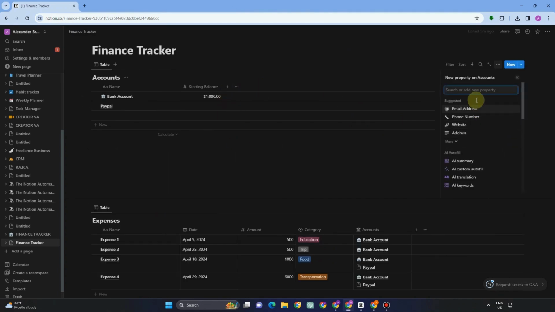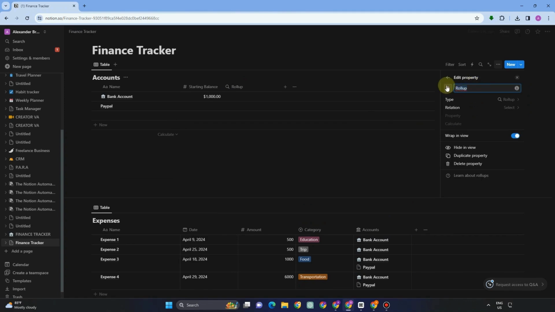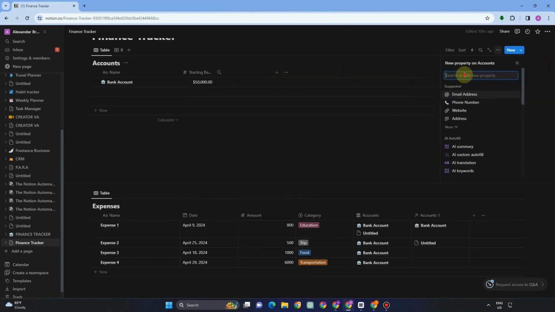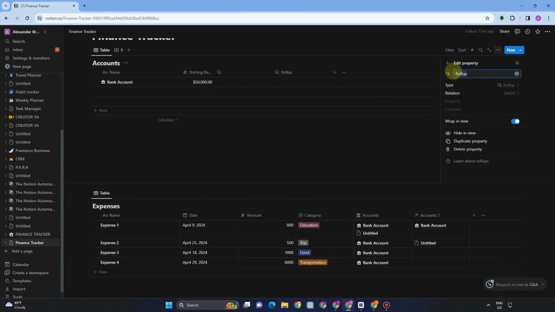Now, going back to your account, if you want to add something property like roll up, by the way, this roll up is, Notion roll ups let you easily combine information from several databases. In this manner, you can conveniently manage HR tasks if possible. Swiftly construct database views for various audiences and integrate to get a better picture of your marketing effectiveness or for your finance tracker. Okay, so all you have to do is to click this add property, go to roll up, type